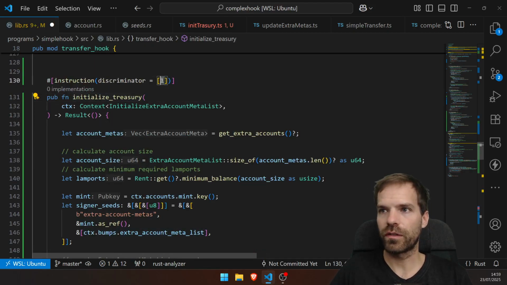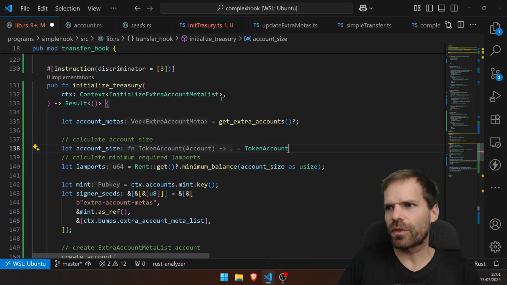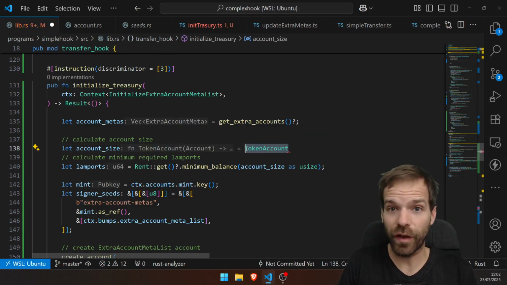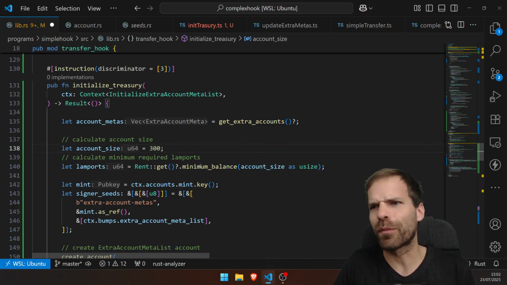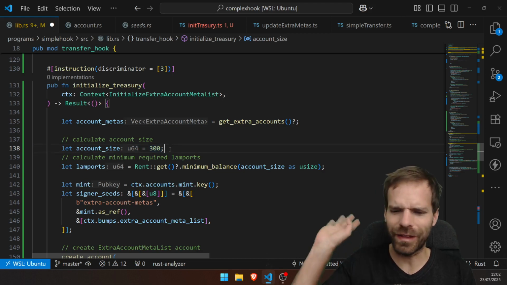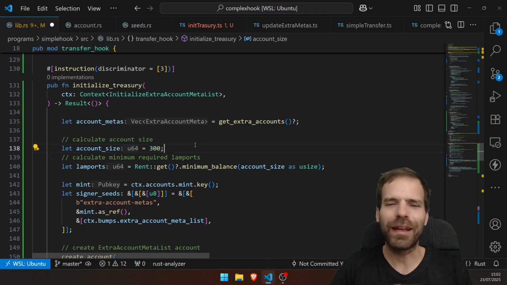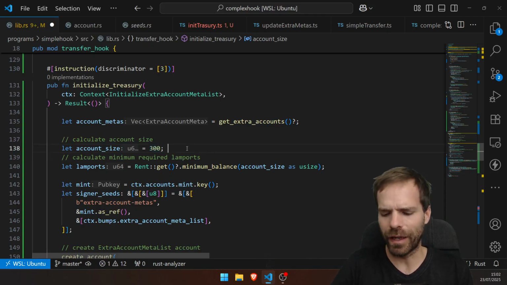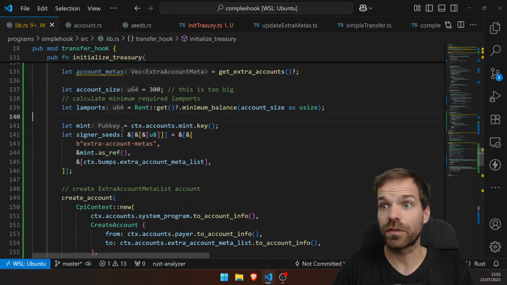Initialize treasury. Discriminator 3. Same thing again, just now in Rust. I don't know where the function lives, how to get the correct size. And because we have other things to do, I'm just gonna say 300. It's 100 something, I guess. Or maybe 200. But I'm gonna do 300 bytes, then we're definitely safe. Or is it not gonna work for some other reason? Nah. I can pay for extra. This is too big. But I can't be bothered to do the correct size because I don't know how right now